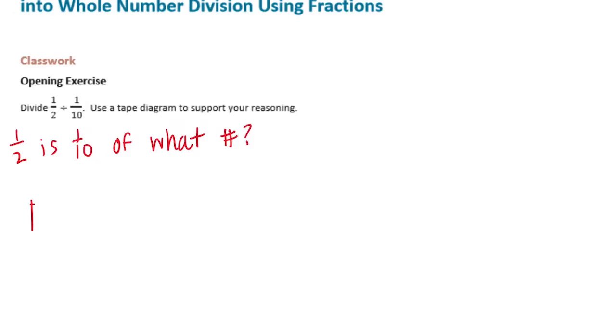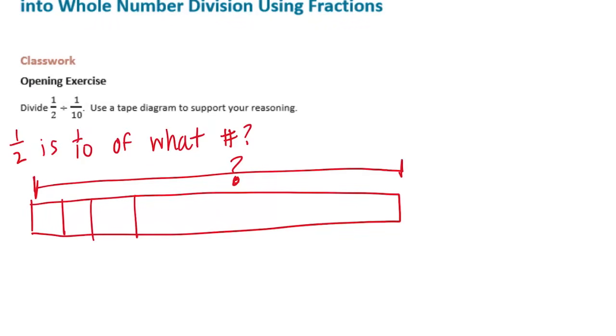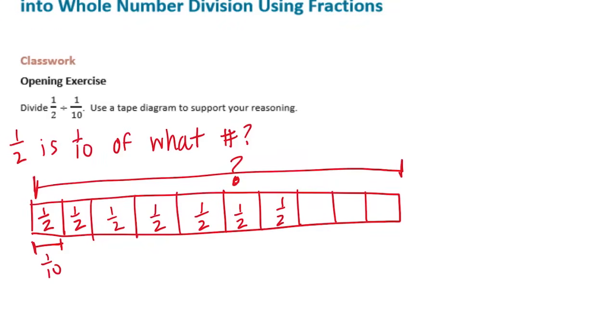So let's draw a tape diagram. And we don't know the whole, but we do know that 1/2 is 1/10 of it. So let's split it into tenths. And we know 1/2 is 1/10 of it. So this is 1/10 of the whole. So then all of them would be 1/2. We can basically do 1/2 times 10, and when we add all of those up, or multiply them, we'll get